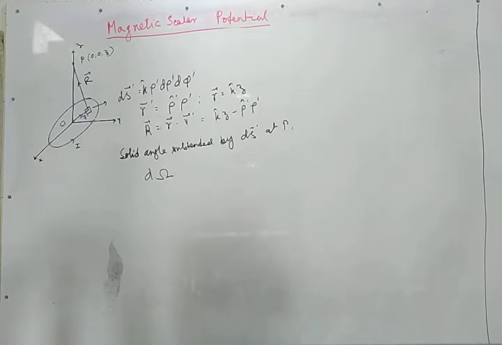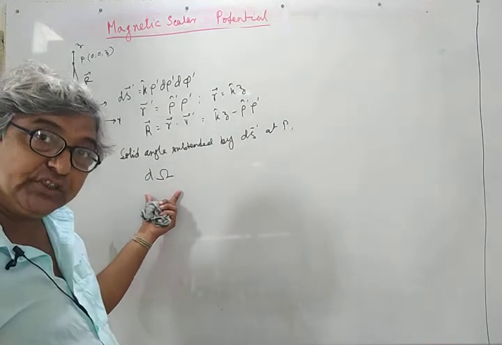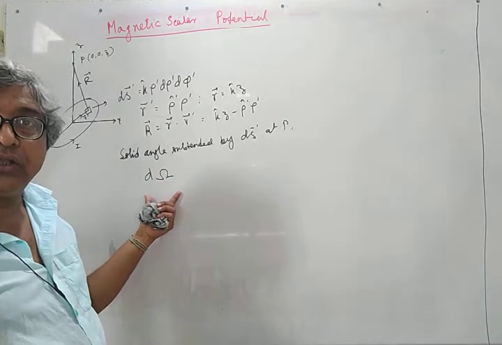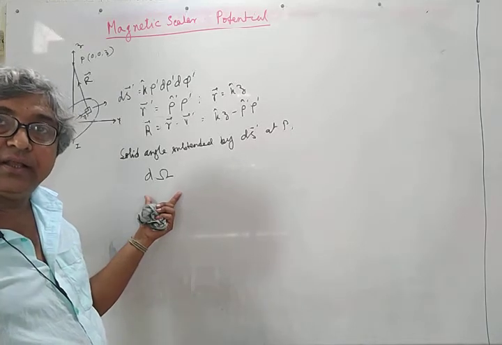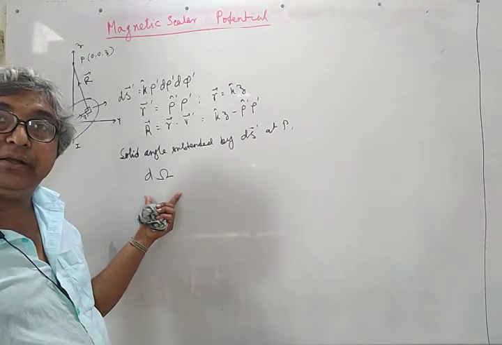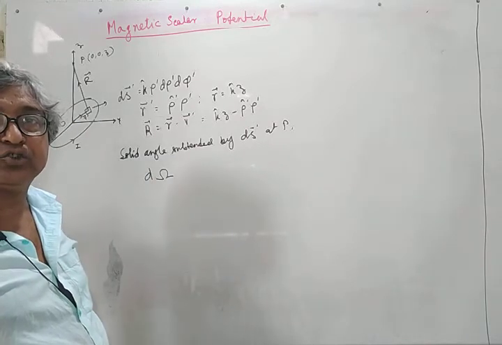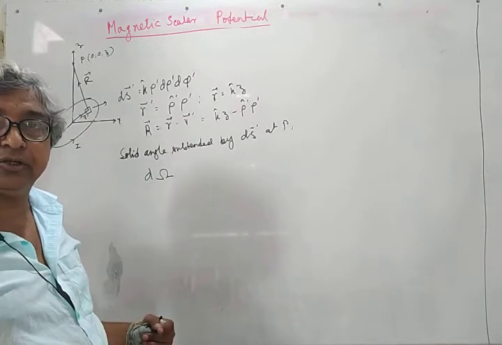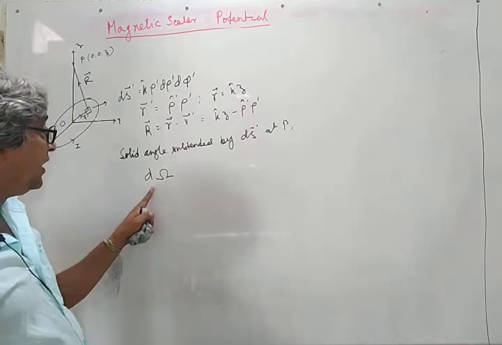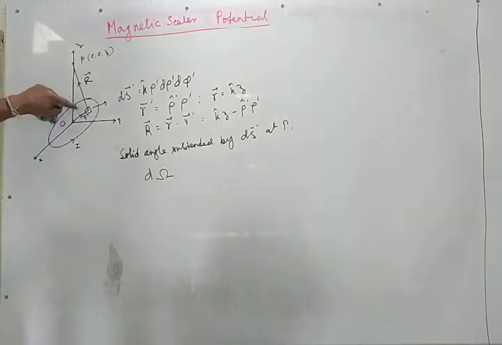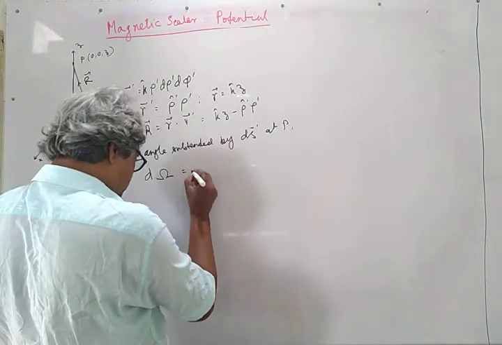In the earlier development, d omega was used to denote the solid angle subtended by the entire current loop at the field point between its original position and the shifted position. Here d omega is the solid angle subtended by this area element at the field point. So this is equal to